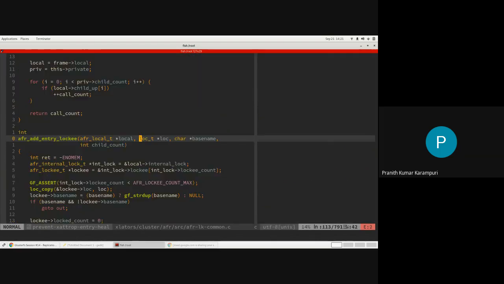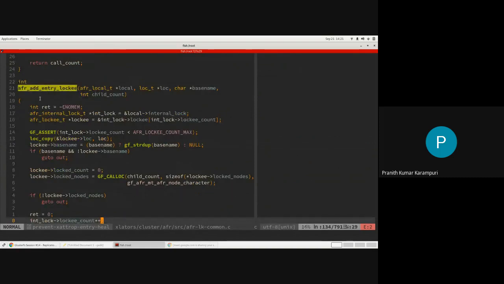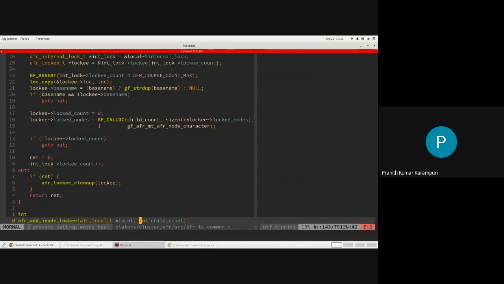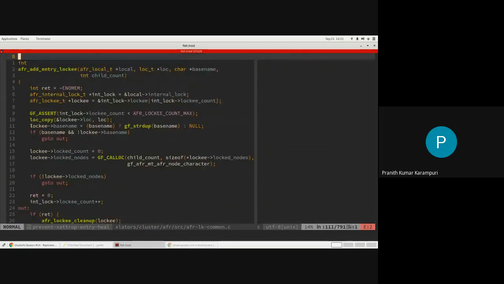So when we are trying to do this entry lock key, you're basically creating the base name here, and the location that you want to take, the same location.